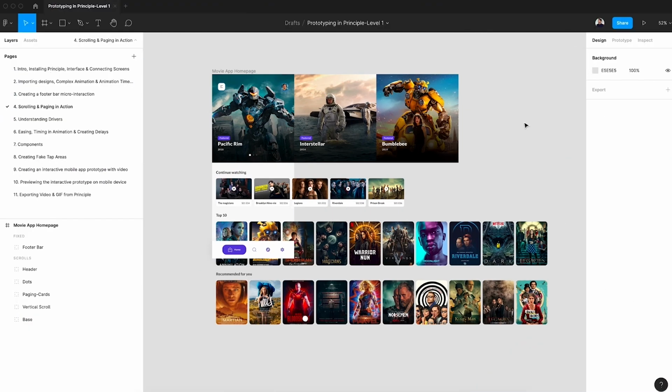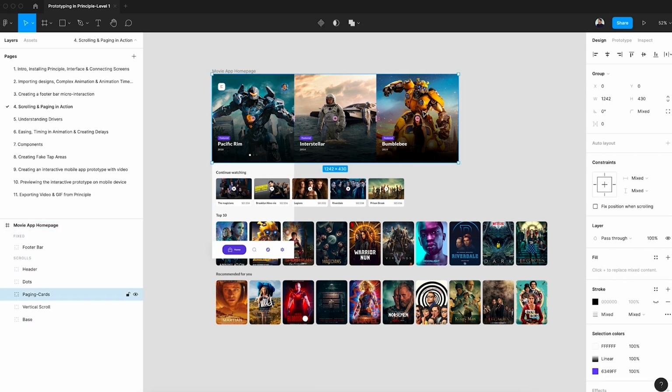Hey guys, in this video we're gonna see how to do scrolling and paging inside Principle. So I have this project here inside Figma and an artboard called Movie App Homepage where I have three different cards here, which I have named paging cards, and inside that you can see I have card 1, card